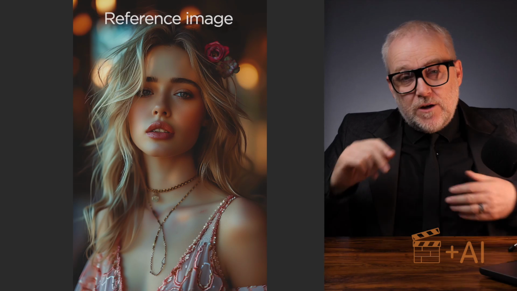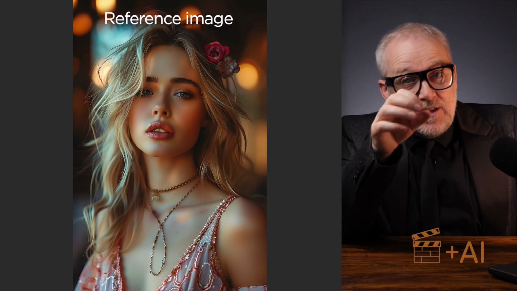Simple, clean reference images are important because they are the base point from which you then add costumes later on. It's much easier to add costumes to a blank canvas image than it is to try and swap costumes around, and that's why we need base images to start off with that are neutral. So here's what I did notice. Face consistency is really, really impressive.